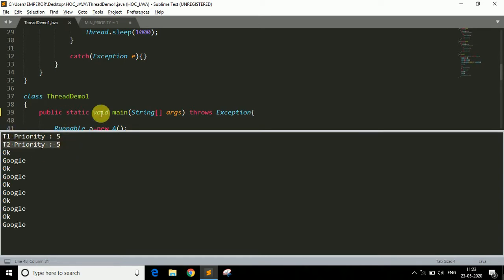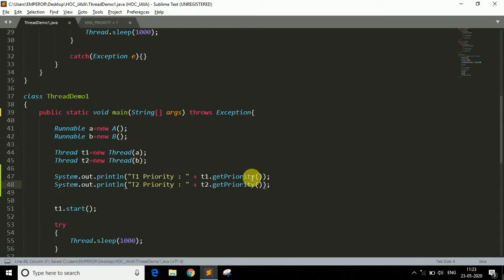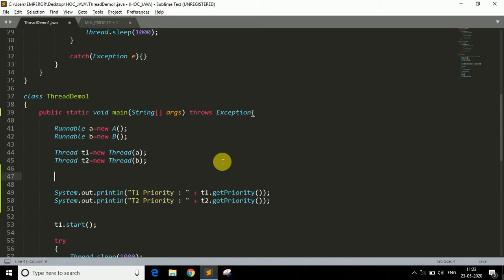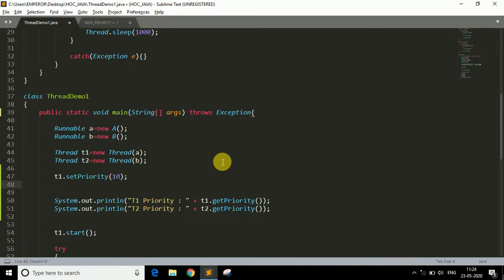Now that's how we can get the current priority, but in order to set the priority we have to use a method which is known as set priority. So we write T1 dot set priority, and inside this we can specify the number. Let's say 10 is the priority of T1, and T2 dot set priority, and the priority of T2 is 1.